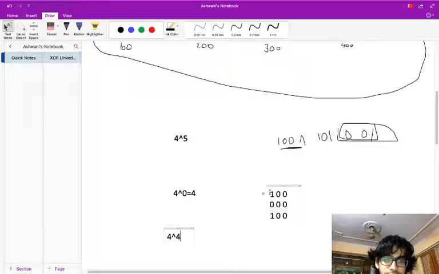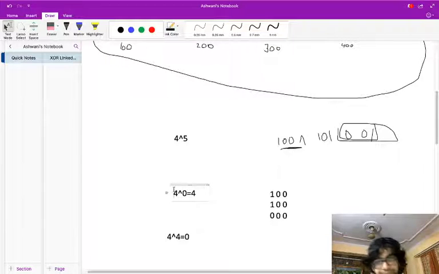4 is written as 100, and again 4 will be written as 100, and then for the same input, it will give 0, and for this we will get 0 value. So if a number is XORed with itself, it will give 0. So we need to know these things. Now we can move forward.